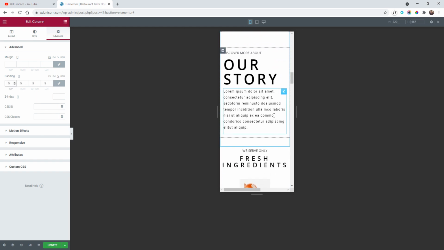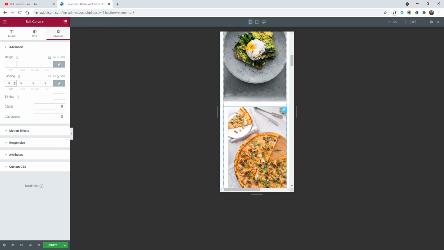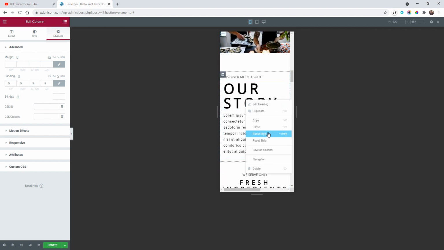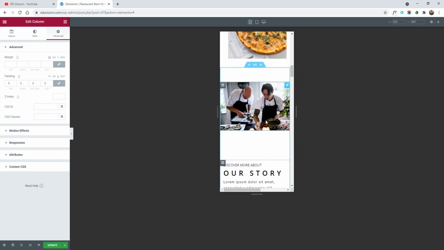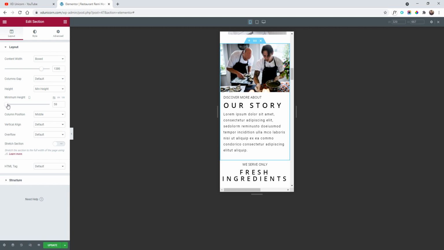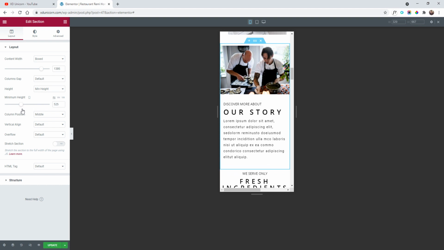Great, now looks better. Our story, as you can see, the text size is too big, so I'm going to copy this one, copy it, paste the style, and as you can see now is the same. So we have some padding here, also too much padding, so we are going to check why. So in our case, the problem was the minimum height. We need to set a minimum height here, and as you can see, just by clicking on this, the spacing is changed. So I'm going to make it like that. Great,